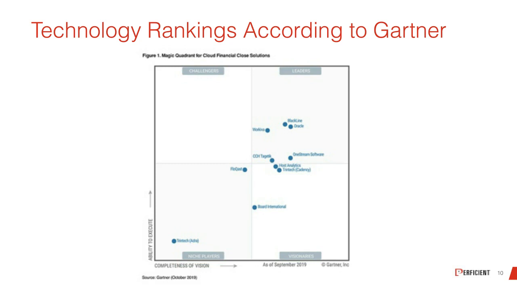Really, for period close, some of these are very easy to implement, either in conjunction with other applications or as standalone. So if you are looking to do an implementation, you don't necessarily have to do all of these that we're going to talk about today. You can do them one-off and then work your way into it to make sure that this is the direction that you want to go. And we'll talk a little bit more about timing and levels of effort and some of the process changes that go with it in a few minutes.